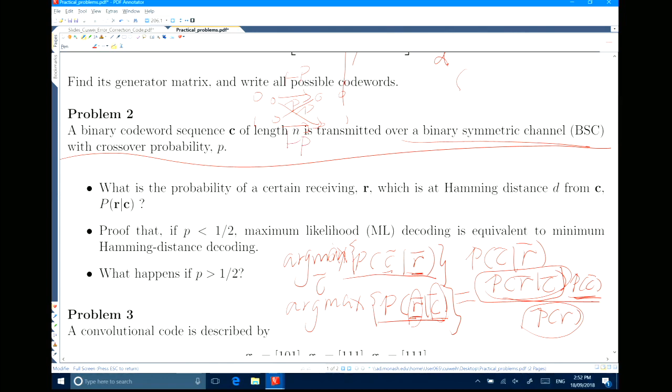So the problem now is we are trying to get this probability, and it is nothing but P to the D times (1 minus P) to the N minus D. Yes, exactly. I'm sorry, it's slightly messy because I'm writing on a surface where there's no